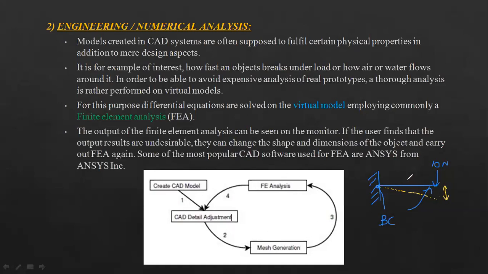This beam is our CAD model, or even the whole setup. For example, you may have some other component, and this is one component, 1 plus 1, 2. A two-component assembly is what you have created in CAD. So you may want to modify the thickness of this beam, or the length of this beam, or this load. That will require optimization. That will be different iterations, right? One result will give you one thing. You may not be satisfied with that, so you'll have to perform that again with a change of boundary conditions. Clear?